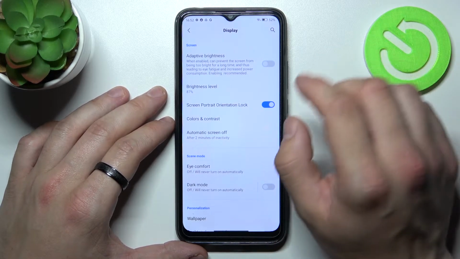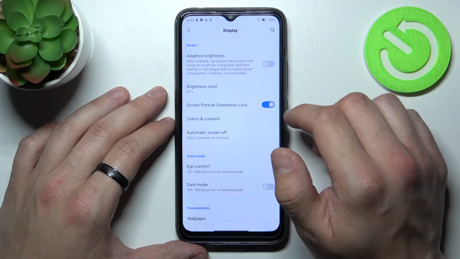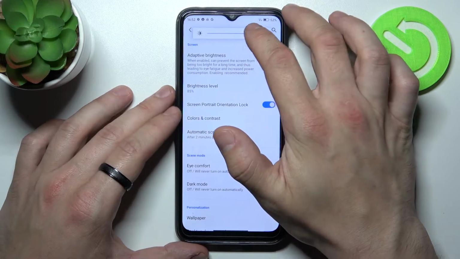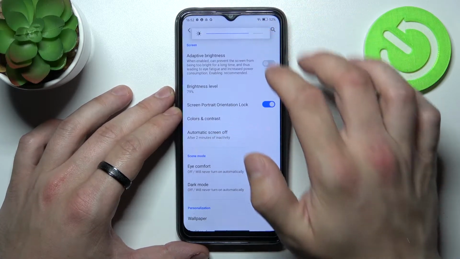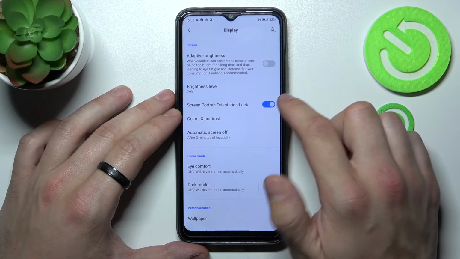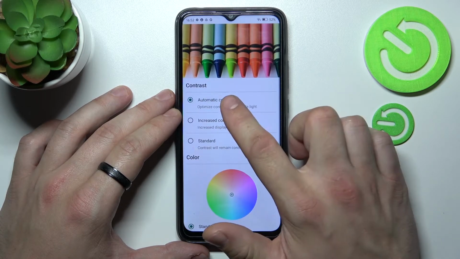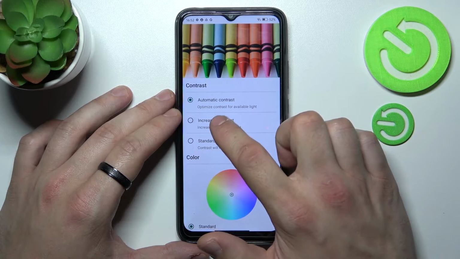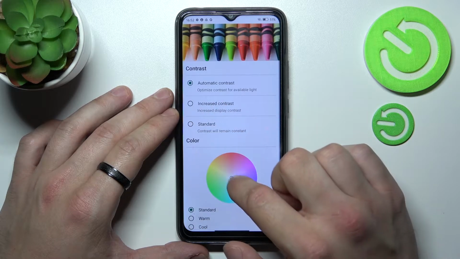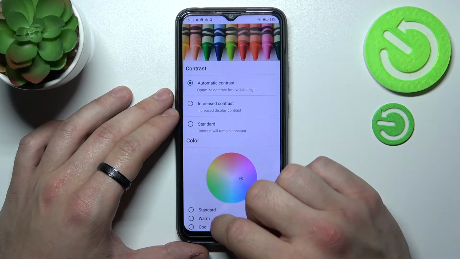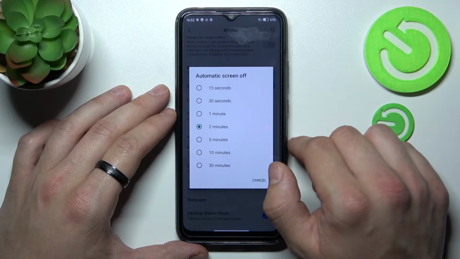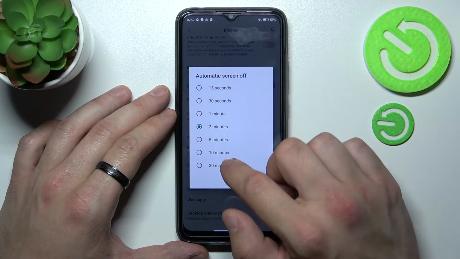display settings. Let's start with the top of the list, where you can enable or disable adaptive brightness, change brightness level manually, enable or disable screen portrait orientation lock, change contrast, and color of the display, change automatic screen off between 15 seconds and 30 minutes,